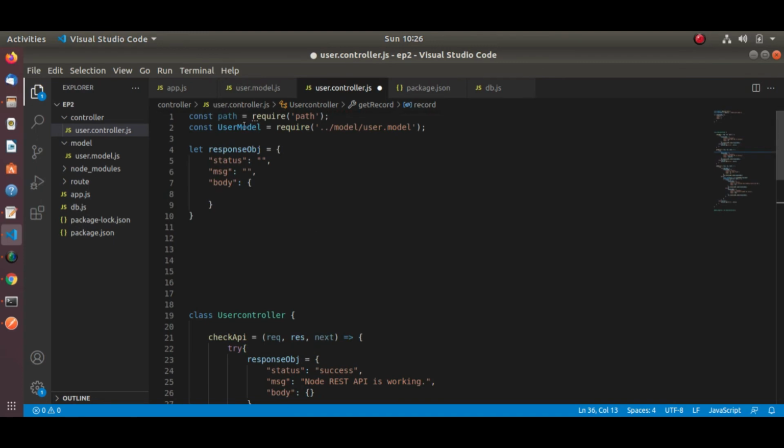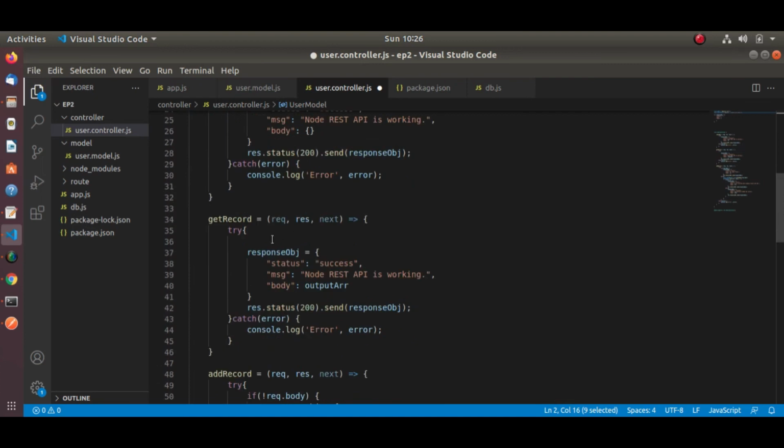Let me copy the model, user model. Let me write the find query, user model dot find.